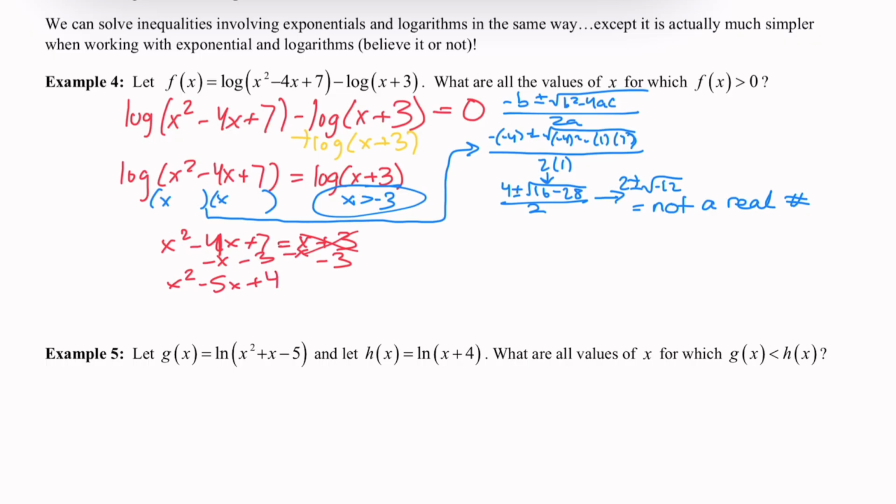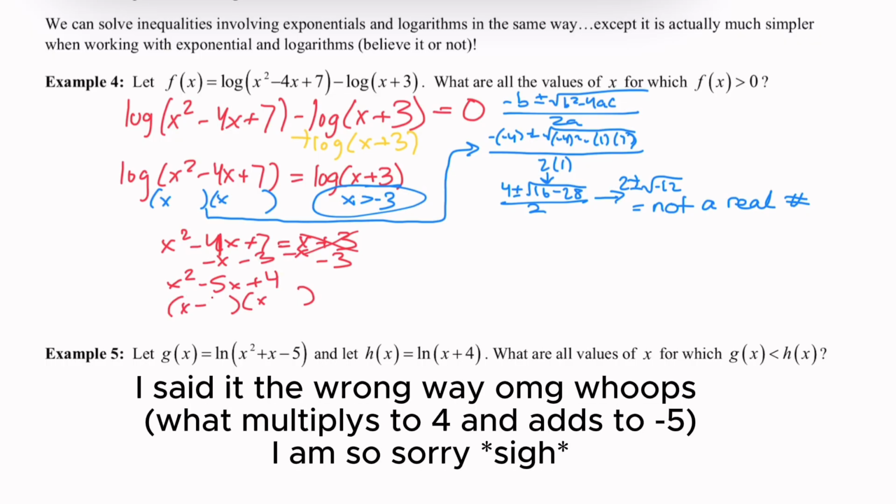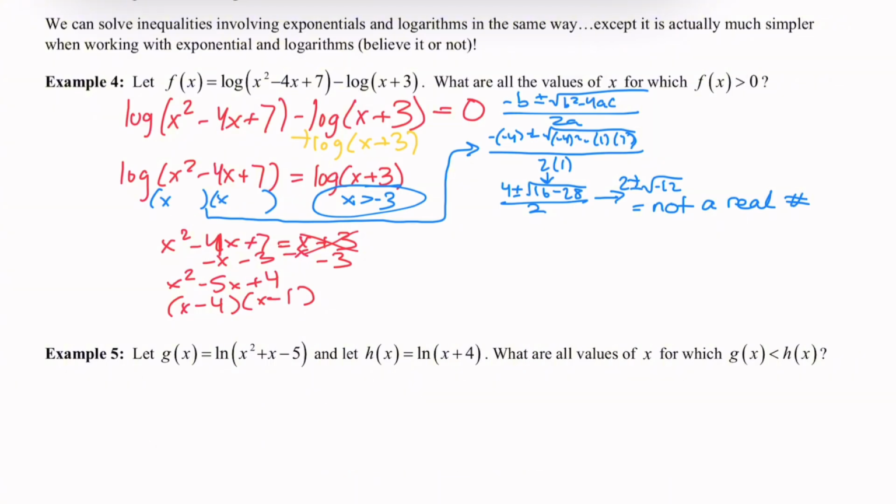Plus 4. What multiplies to negative 5 but adds to 4? Looks like it's negative 4 and negative 1, which is equal to 0. So that gives us x is equal to 4 and x is equal to 1. So now we want to test for what are all the values of x for which f of x is